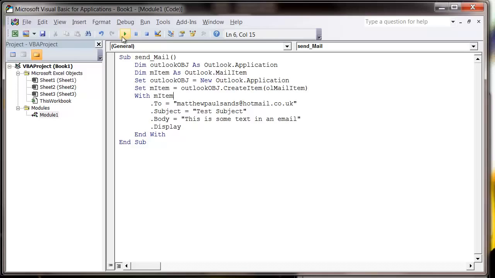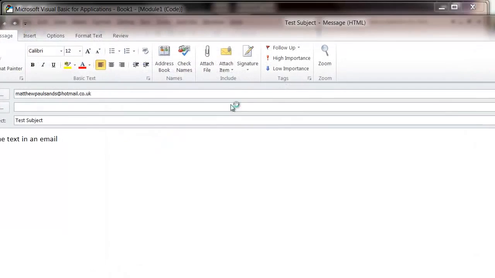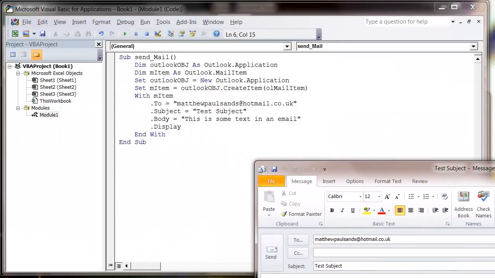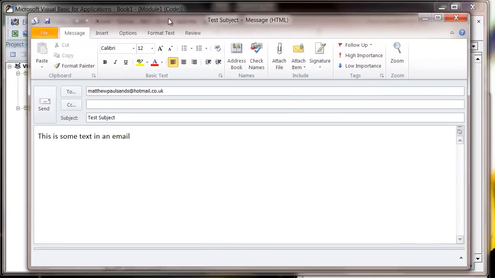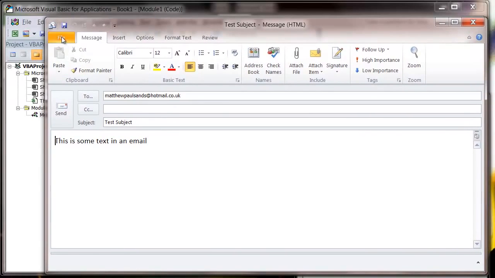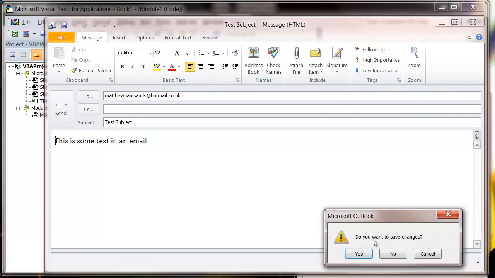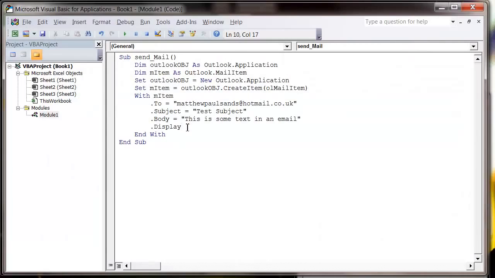So if I press play now, then it's going to open up a new email in my Outlook, sending it to myself with subject test subject, and then in the body this is some text in an email. You can either leave it at that for people to send themselves, or alternatively you don't need to put in display, you can just put .Send,